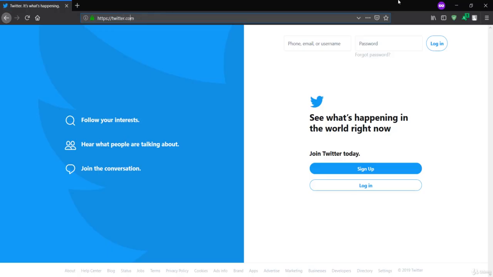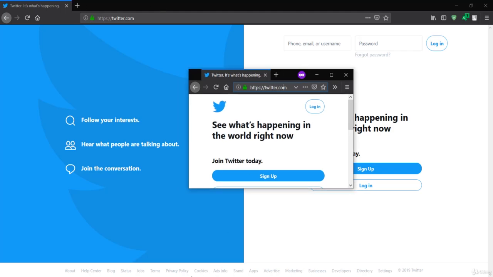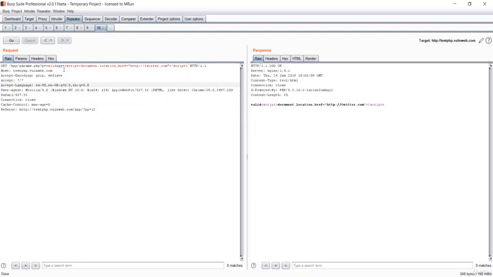So what has happened here is we made a URL redirection. The user will think they are going to the legit, genuine website, but instead they will be redirected to the website of the hacker. So instead of Twitter, it can be the hacker's website.